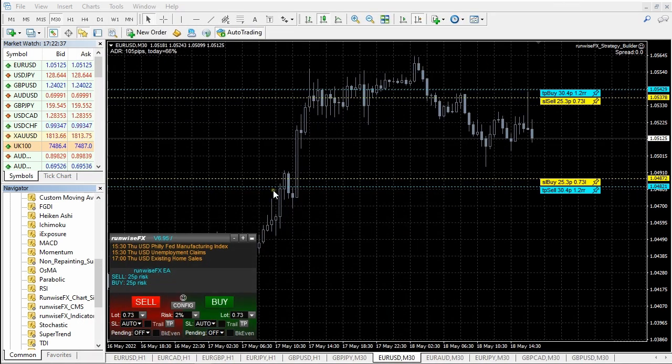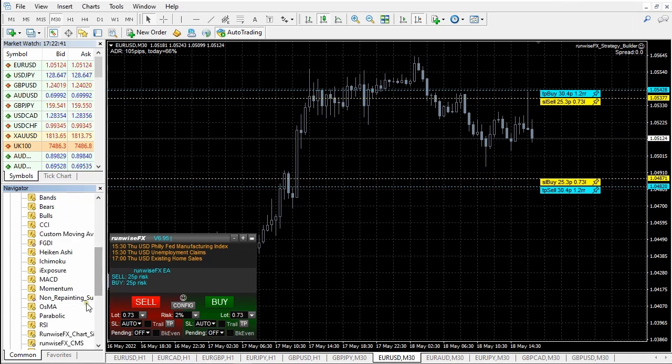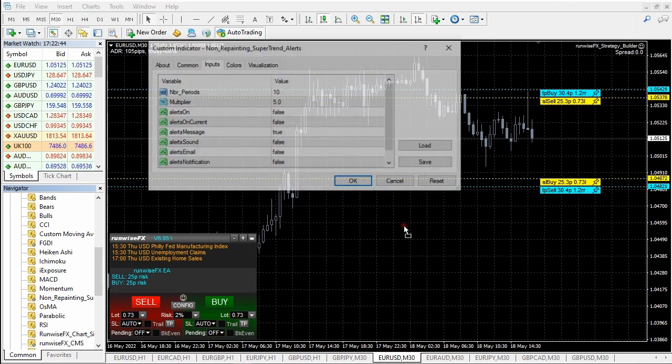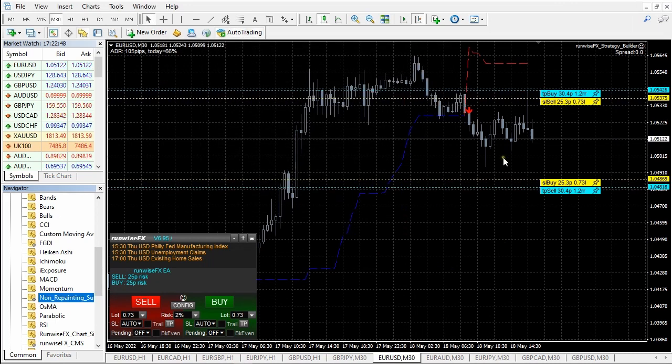So let's have a look at this one, this non-repainting super trend. We've actually got it already installed on the platform. So it's there, that's the non-repainting super trend. Let's put it onto the chart so you can just see what it looks like. And it just gives you a nice sort of buy and sell signal. So what we can do to automate that